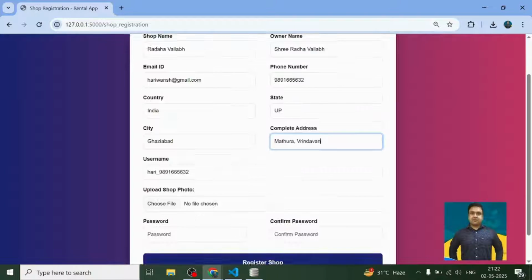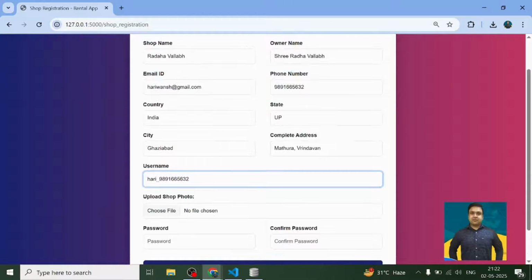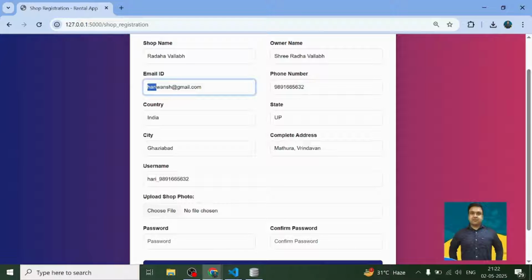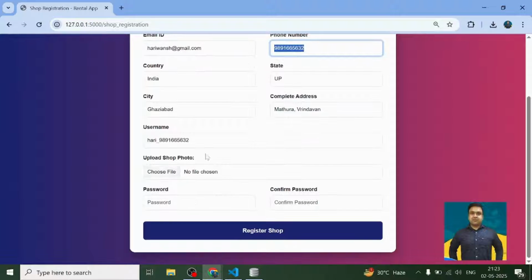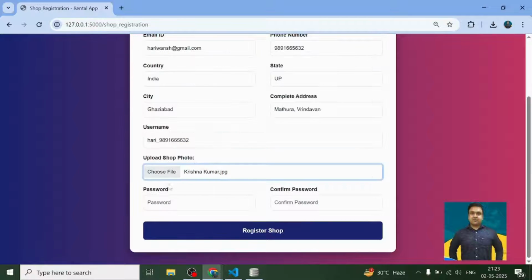The username gets automatically generated, so you need not worry about it. It's a read-only field. Basically it's a combination of the first four letters of the email ID, then an underscore followed by the phone number. Upload photograph. So here I'm going to upload this photo,